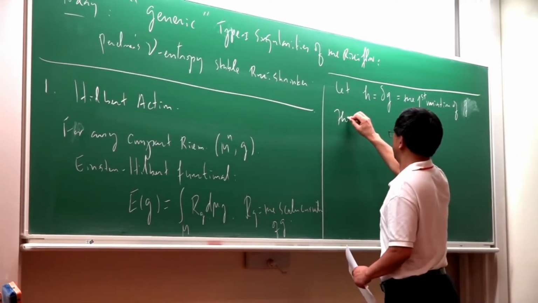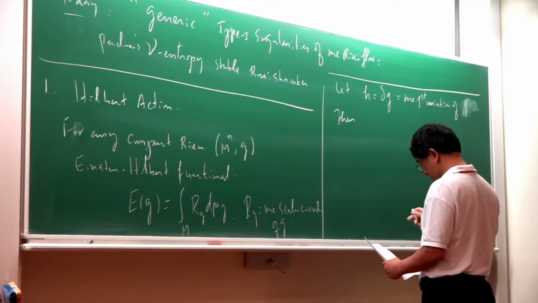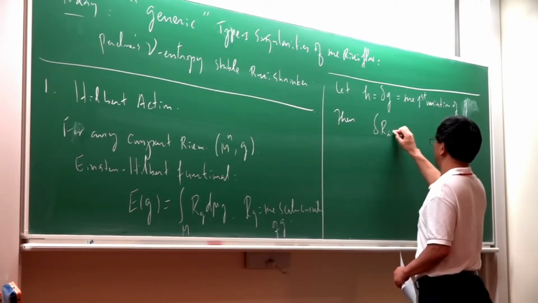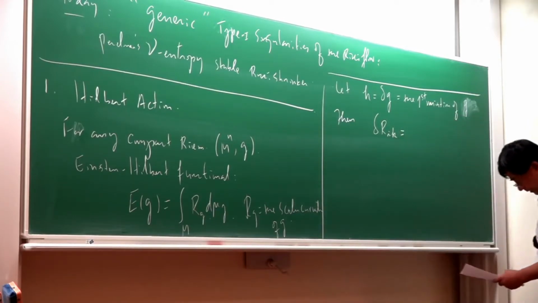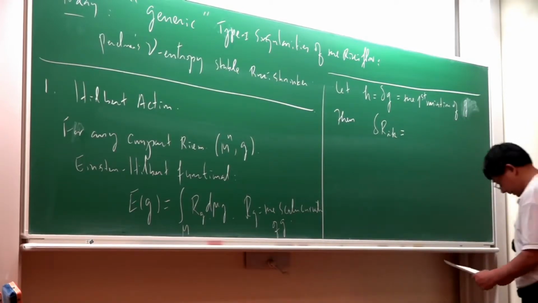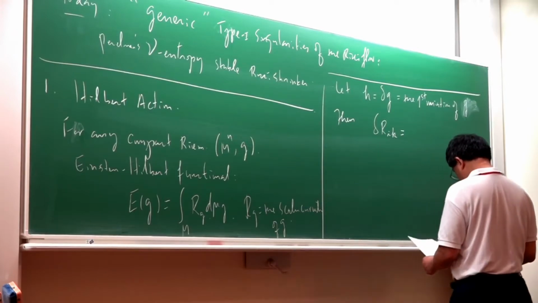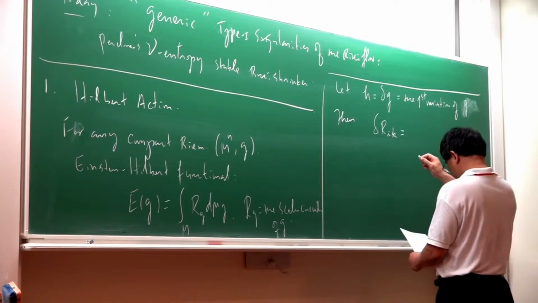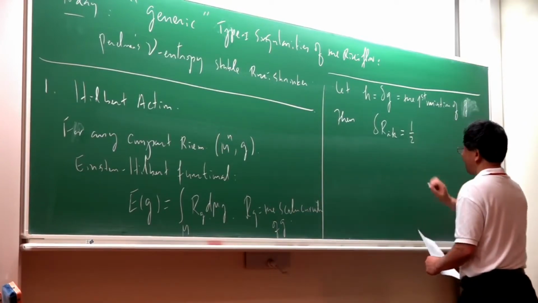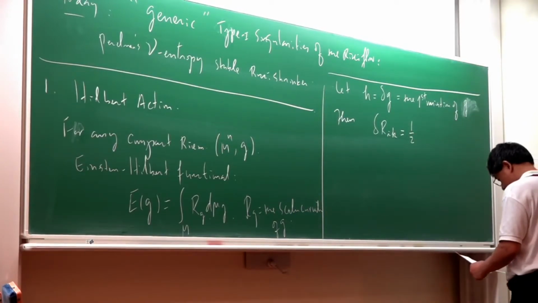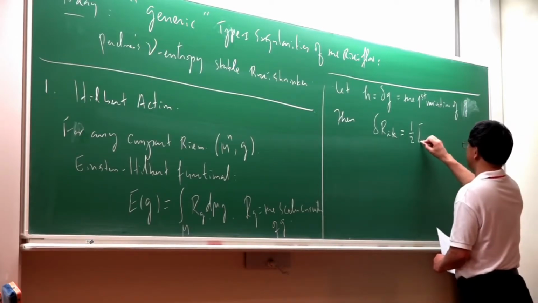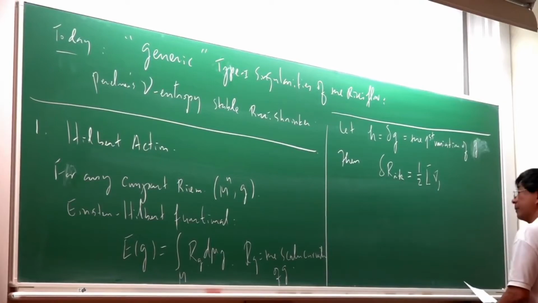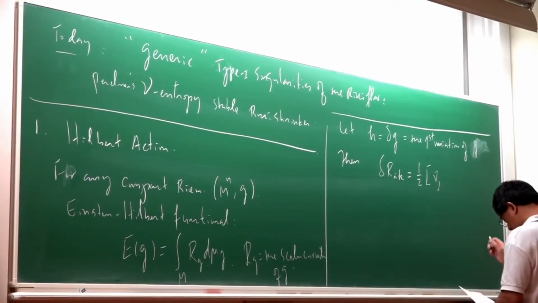Then we have the fact that the first variation of the Ricci curvature is well known. I'm going to just write it here. You can write it down by direct computation. It is equal to, and I'm going to write the indices I and K, so this is